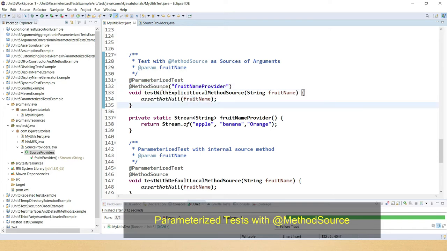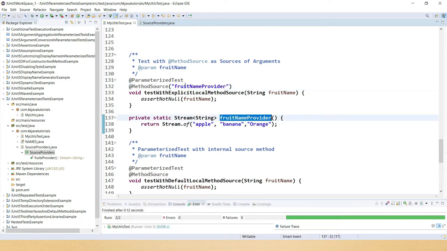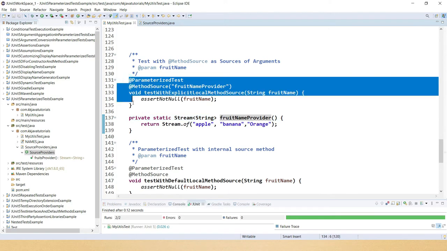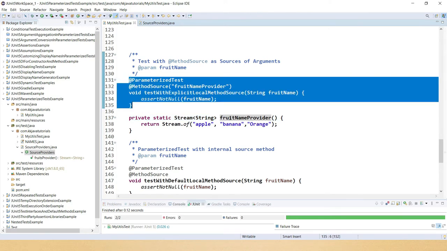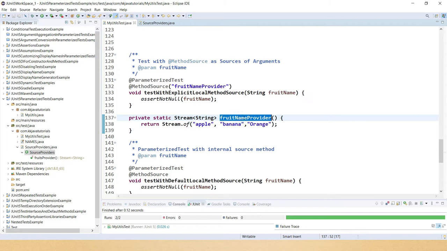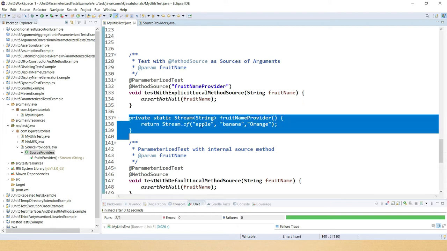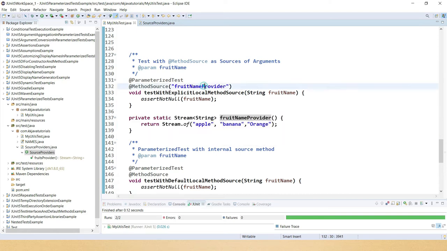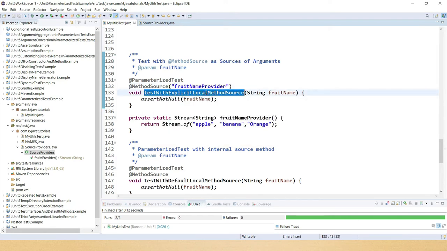So here you can see I have written a parameterized test and I'm using @MethodSource, and what you see in the double quotes is nothing but the method which provides data to complete this parameterized test. This is the real source for providing the test data. So few things you have to keep in mind while defining this factory method, which is basically serving as a source method for this parameterized test case.